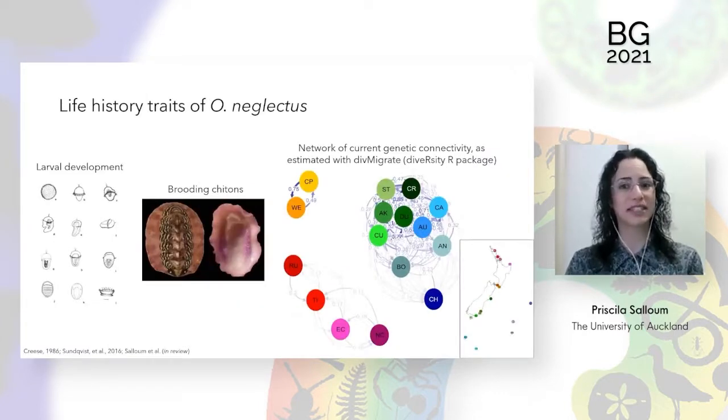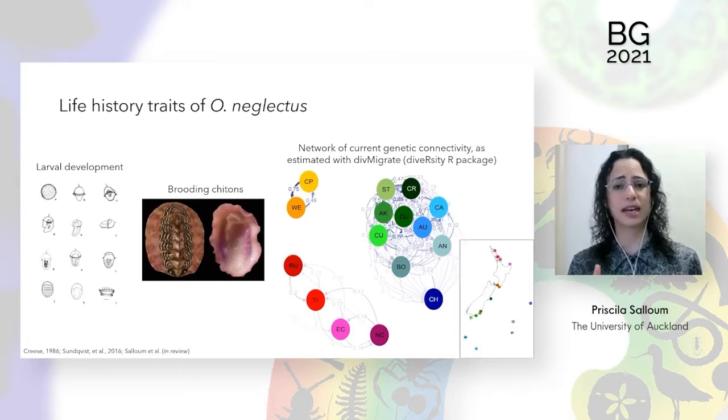Such strong population structure between clades can be justified by life history traits. O. neglectus has very limited mobility as an adult, and it lacks a long-lasting pelagic larval phase. Females brood eggs until they hatch, and settlement happens nearby within a few hours from hatching. This might very well explain the low genetic connectivity in the north and central clades,